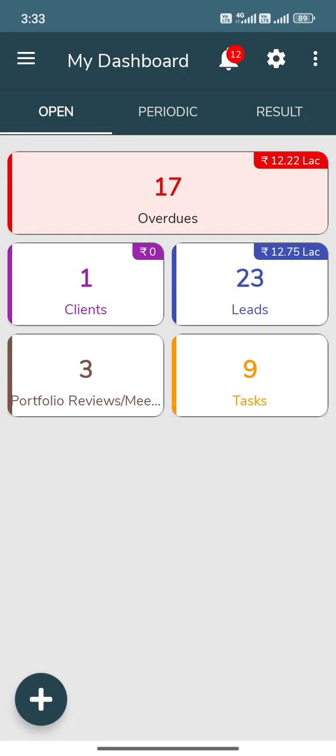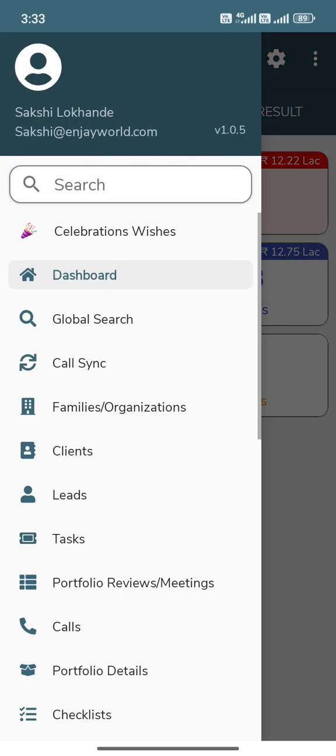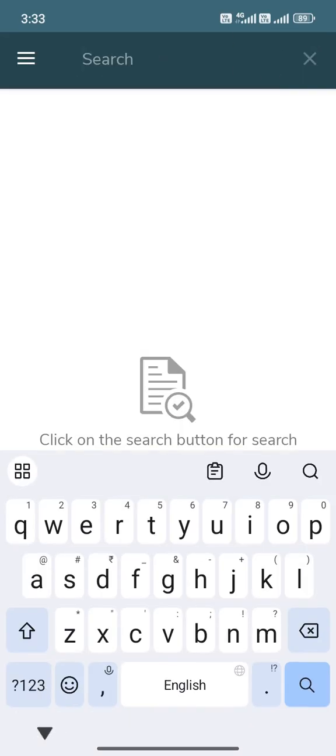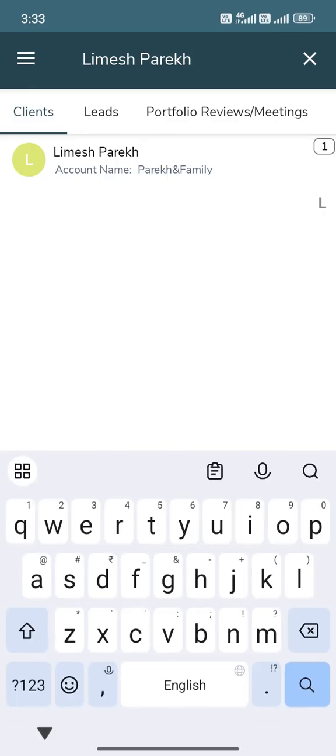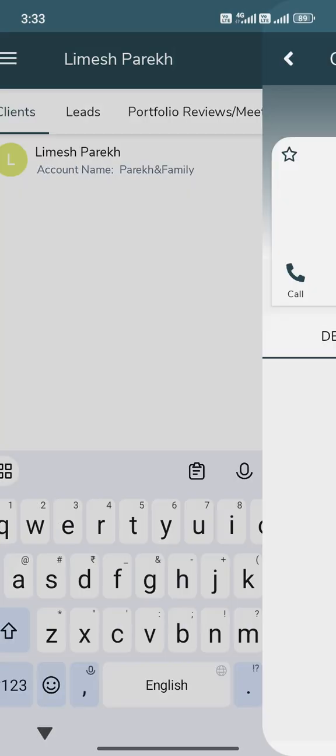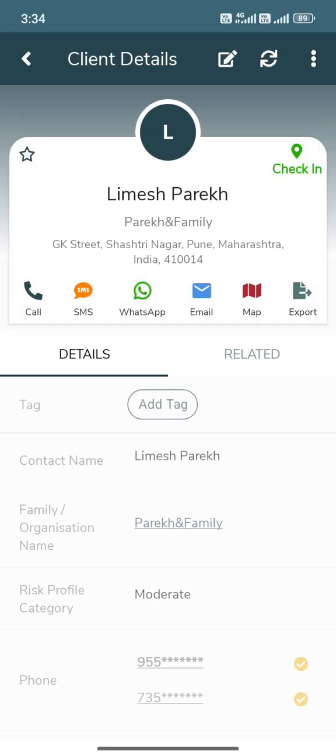Now, how to use the check-in checkout feature. Let's say you're heading out to visit a client. Here's exactly how you can log that meeting using the Sanchay CRM mobile app. Now, we need to open the details record of the client you're visiting. For that, you can either go from global search or directly open a record. Now, from the results, select the relevant client. Now, this will open their client details page.